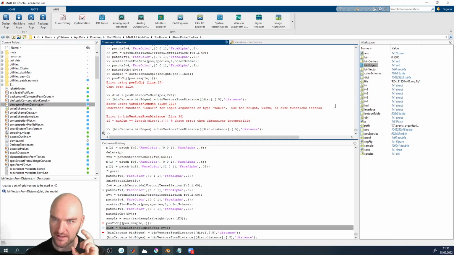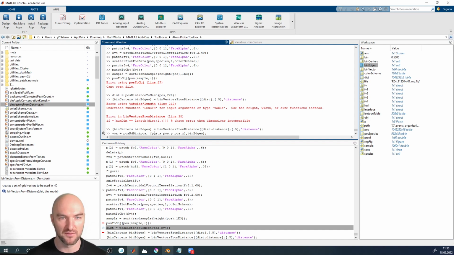And you get the same. You get the distance vectors, but of course, in this case, they're not going to be equally spaced. They're not going to be equally spaced in distance. Okay, and the next thing we're going to do is we're going to create